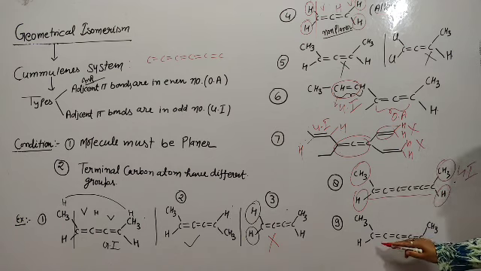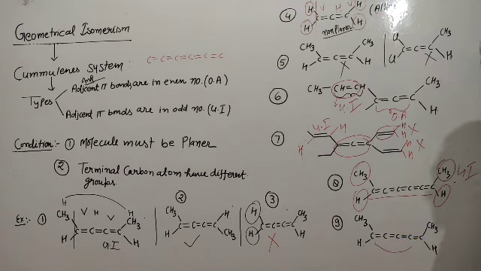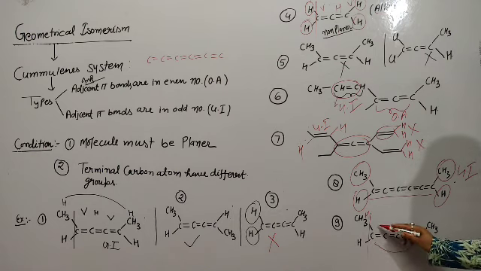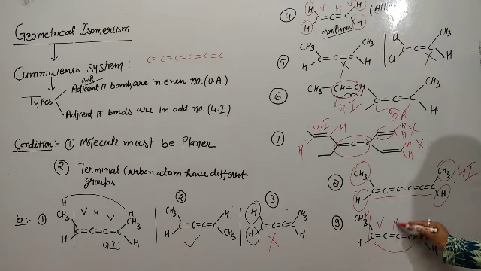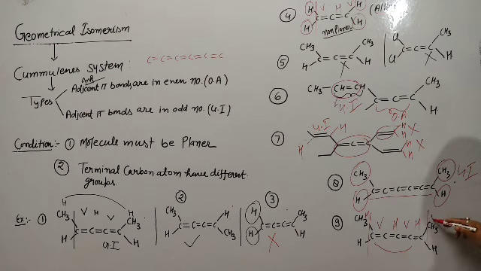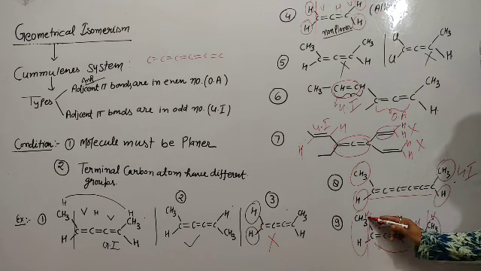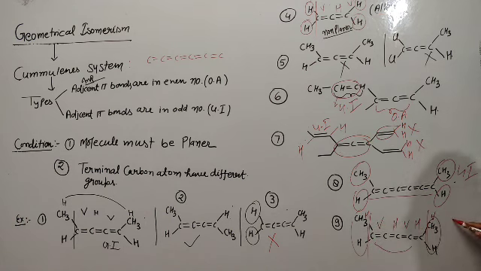Now come here, this is what? Even, and even means this molecule shows optical isomerism. Why? Because you can check, if this is horizontal in the plane, then this is vertical, the next pi bond is horizontal, the next is vertical, the next pi bond is horizontal, and the next is vertical. So you can check these terminal atoms are perpendicular to the plane, horizontal and vertical. That's why this molecule shows optical isomerism.